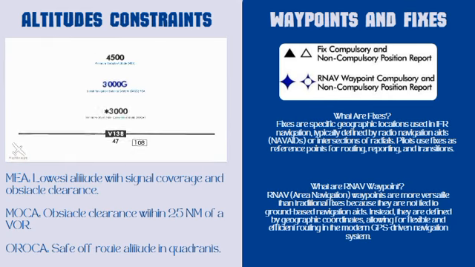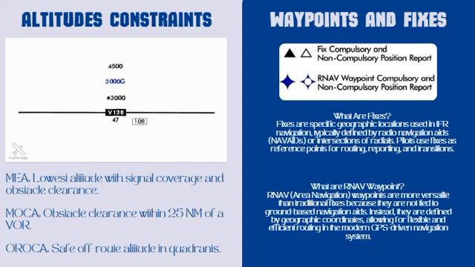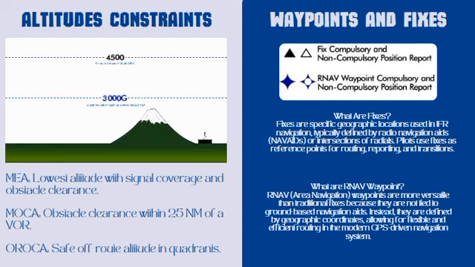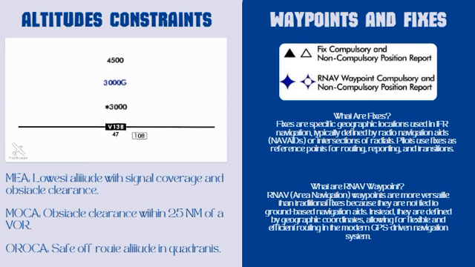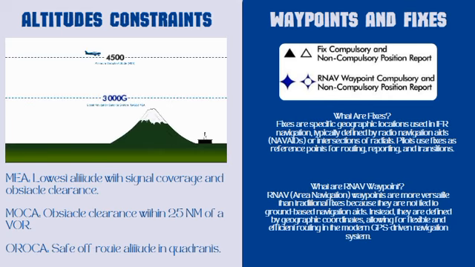Then we have the minimum obstacle clearance altitude, or MOCA, that is the lowest altitude between two fixes that guarantees obstacle clearance, similar to the MEA. However, it has a limitation in terms of signal reception. The MOCA only ensures navigational signal coverage within a 22 nautical mile radius of the VOR or other navaid that defines